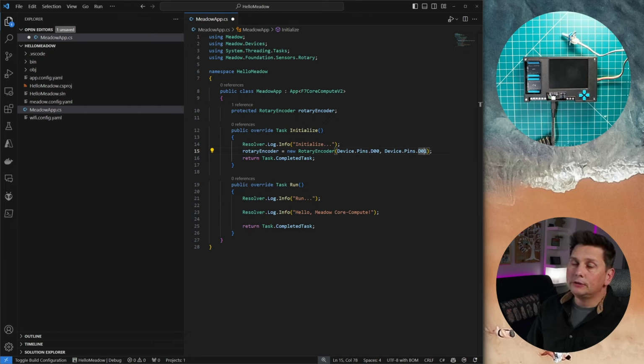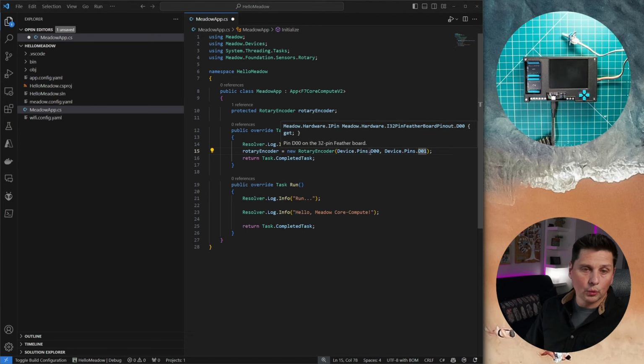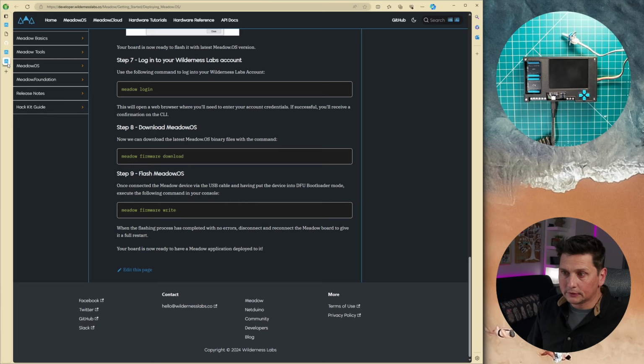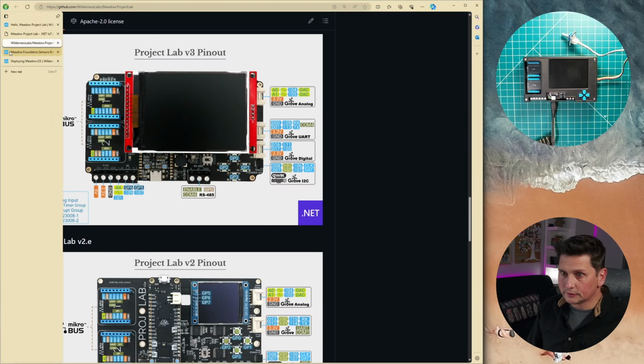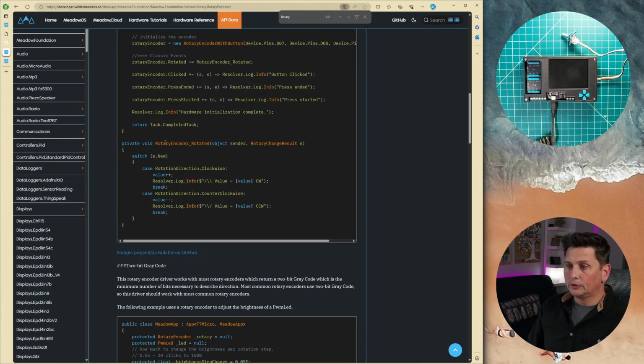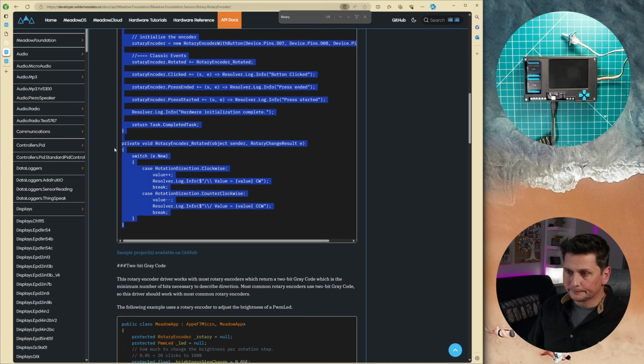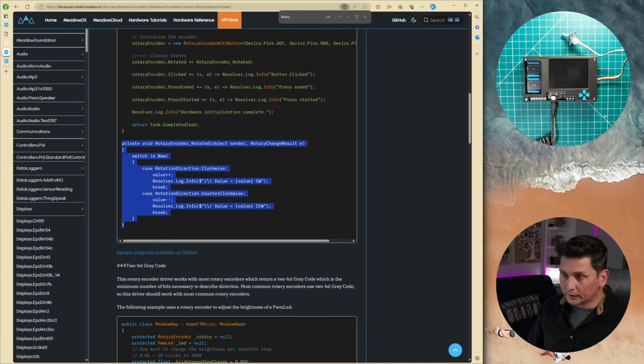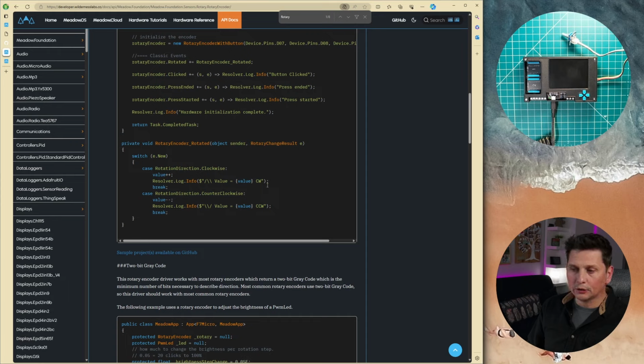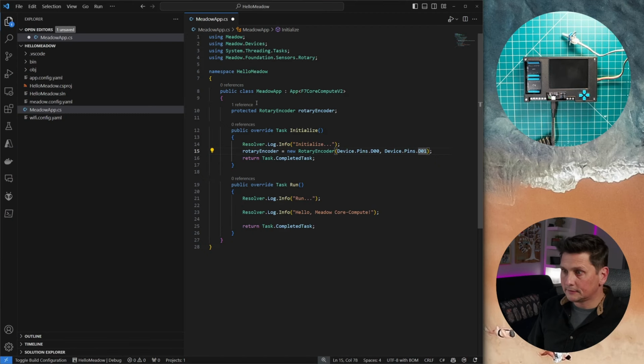Now I need to attach the callback for when the event happens on this little thing here. If I go back to the documentation, it's down here, right? Okay. So the function is this one, rotary encoder rotated. If it rotates clockwise, it's going to output something, and counterclockwise something else. So I'm going to copy paste this down here.